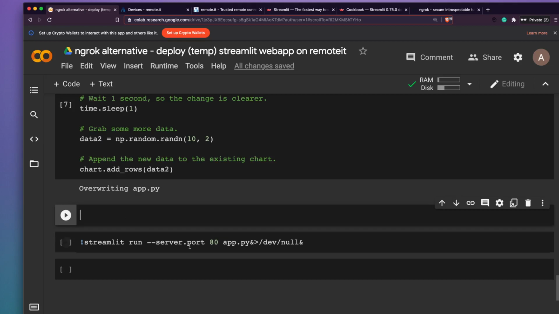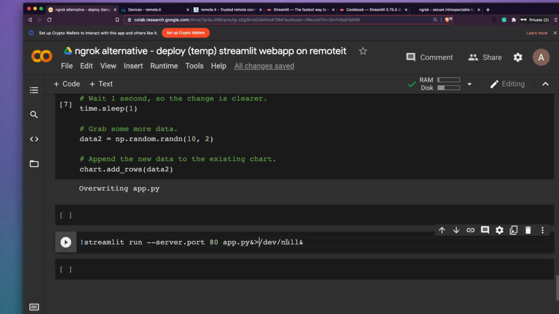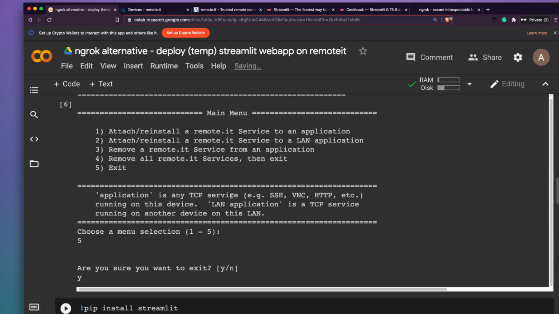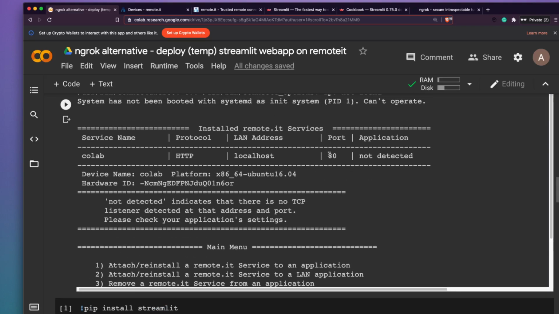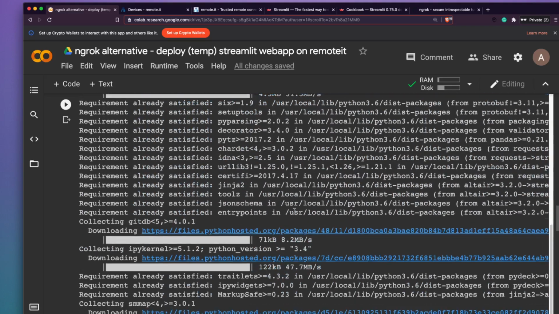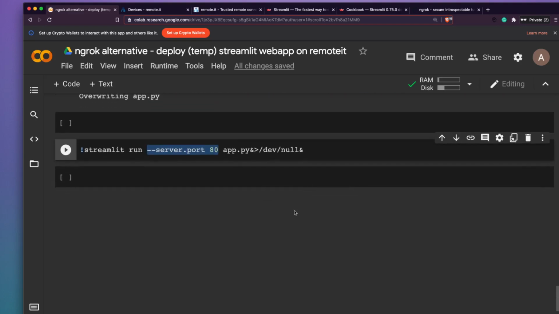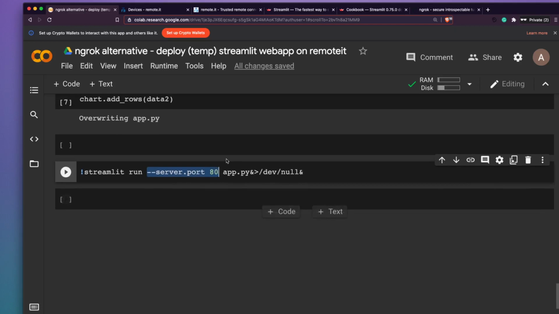So if you want Streamlit to run in the background, you need to add this configuration. You need to say dev null. You need to add this configuration for Streamlit to run in the background, and you need to define the port name. Because we are tunneling a localhost 80 port, you could see here 80, so I would like Streamlit to run on 80. Otherwise, usually I think Streamlit runs on 8501 or some other port. But you can actually change that.